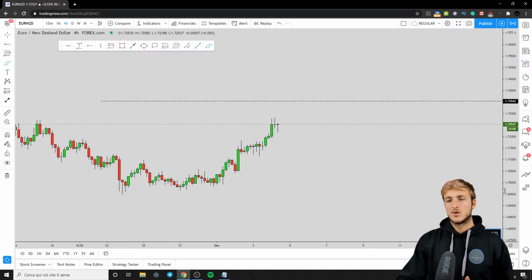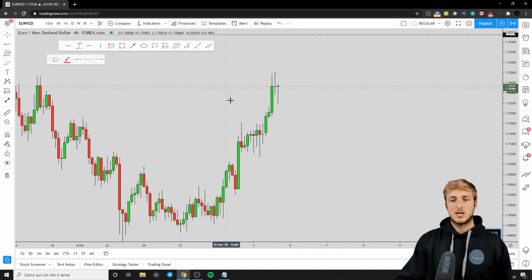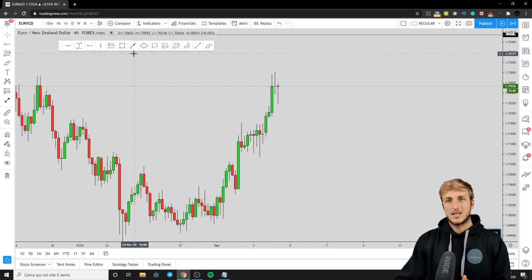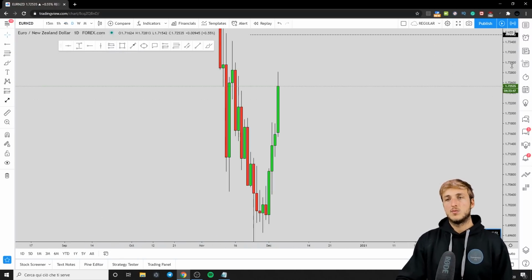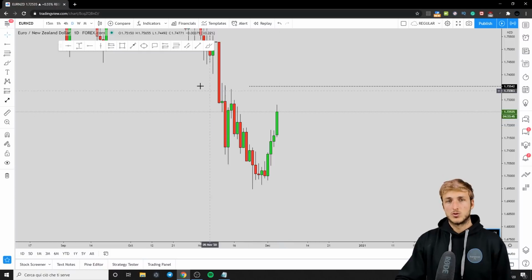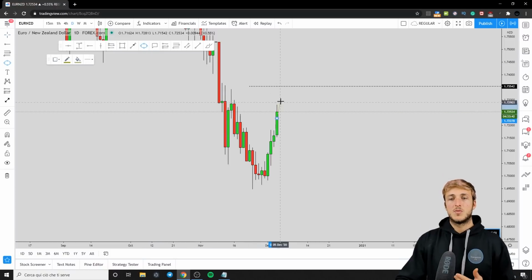But if we go on the 4 hours, what we can see is that at the moment, everything is still bullish. The market has been creating higher highs and higher lows without showing any sign of weakness. So at the moment, we absolutely cannot be looking for any kind of shorting opportunity. However, things might change in the future, which is exactly what we will be looking for when the market opens